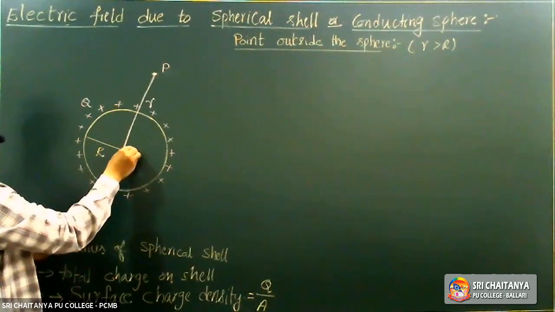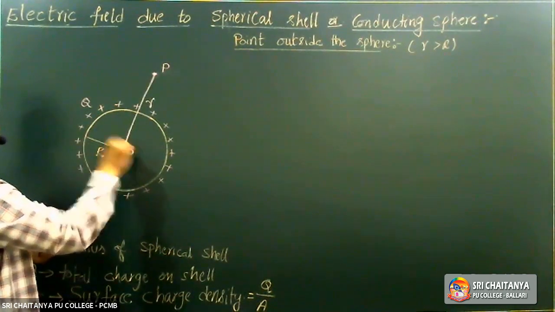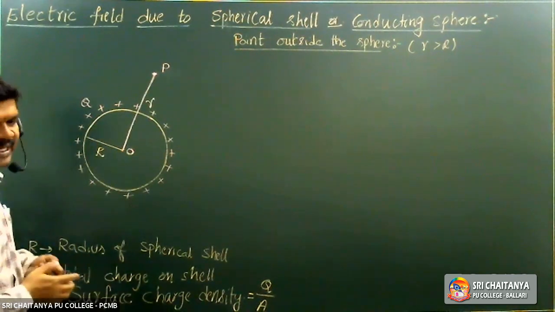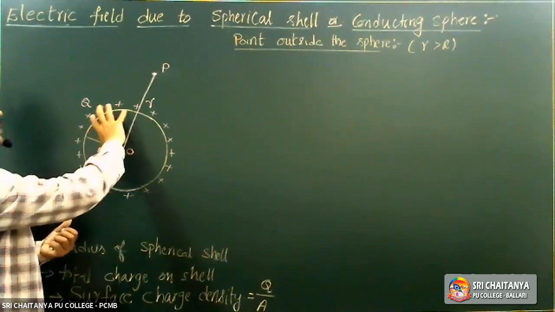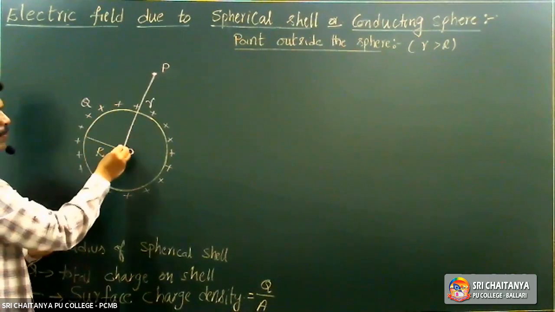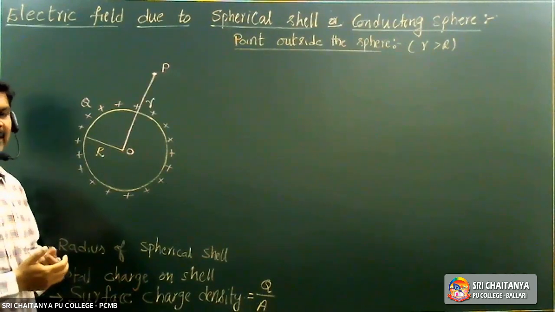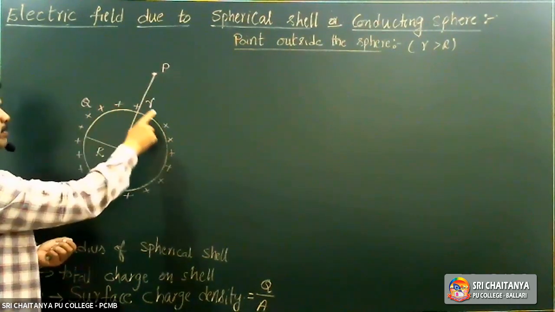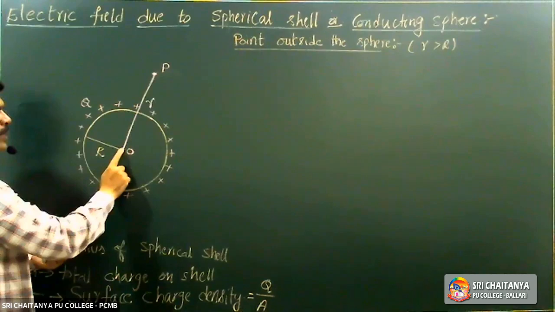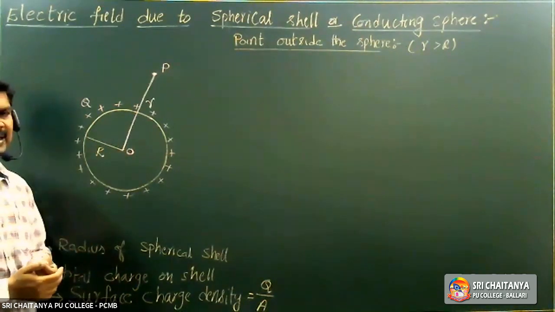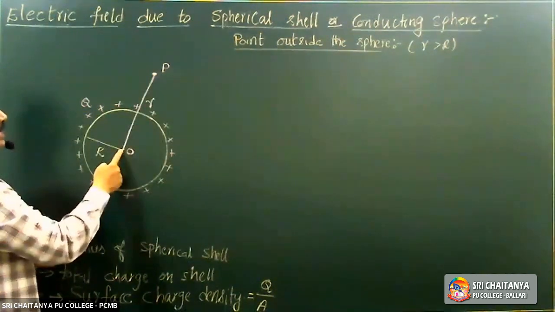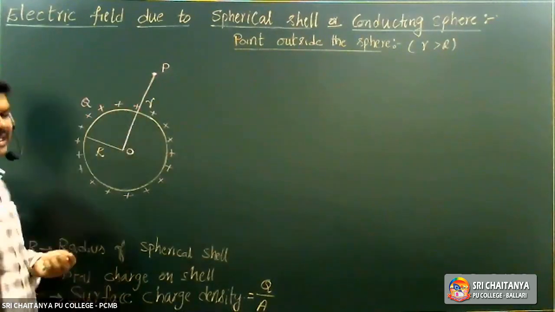Always, whenever we are dealing with spheres, we take the distances from the center, because in previous classes we studied that for a sphere, if charge is given, the charge is supposed to be concentrated at the center. Shell theorem, one theorem we studied. The charge practically resides on the surface, but whenever we consider it, it is supposed to be concentrated at the center like a point charge. So always we consider the distances from the center. So from the center to this point, distance is r.